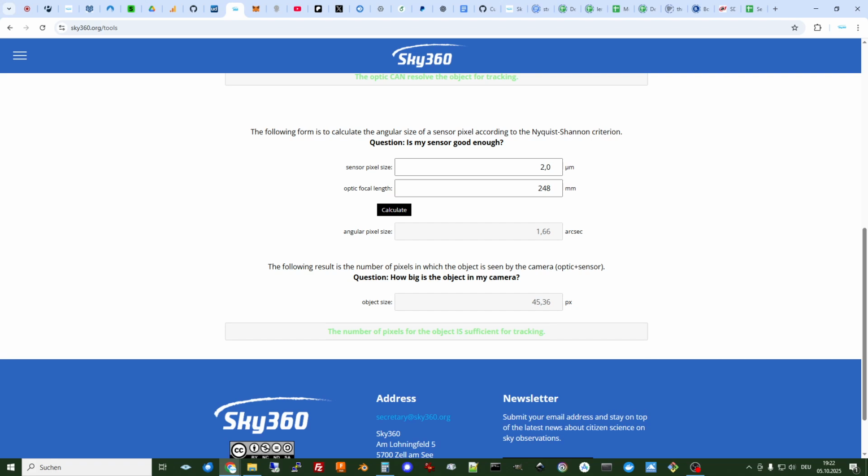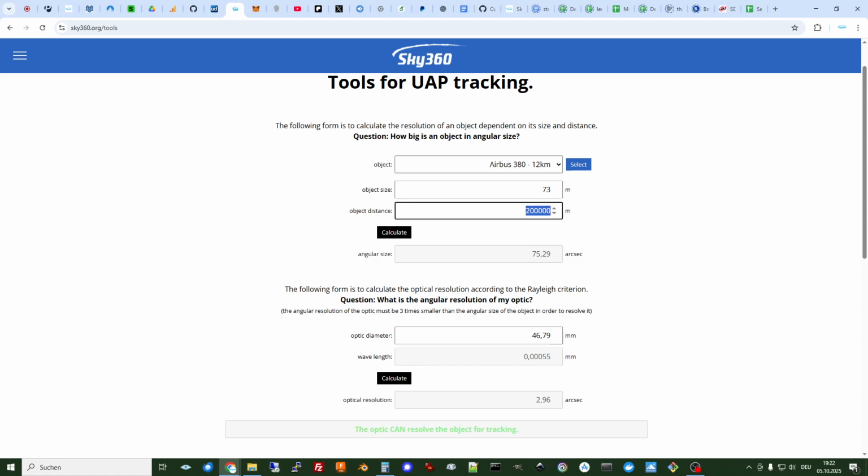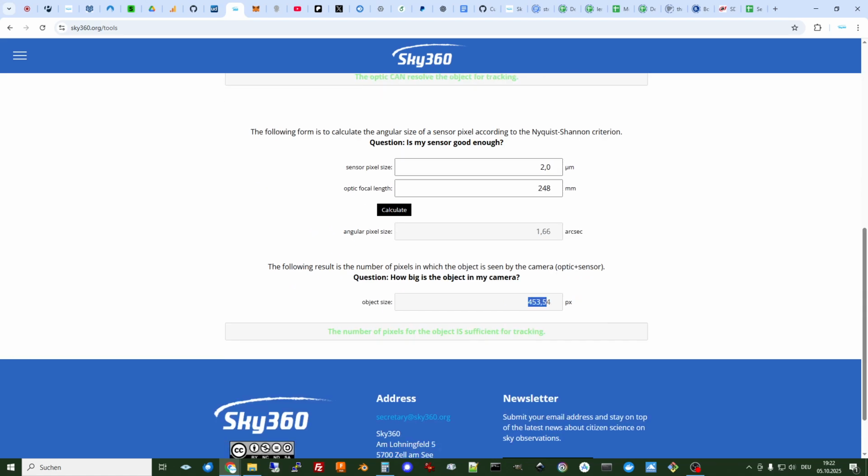Okay. But this is a dancing because there's so much atmosphere on this distance that 45 pixels is a smear, I would say. You can't resolve it. But when it's on 45 degrees, let's say when it's only at 20 kilometers distance. But 20 kilometers distance, nice, but the farthest you can detect is such an object, and it's a huge